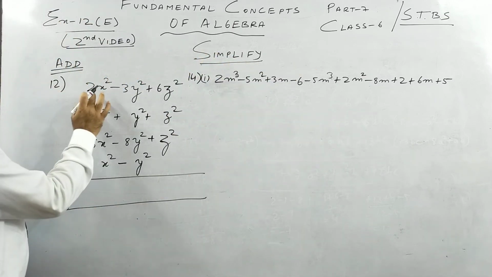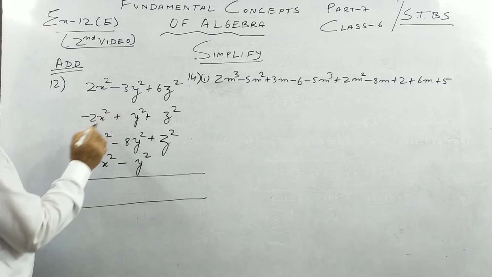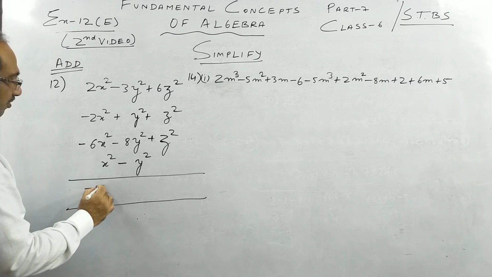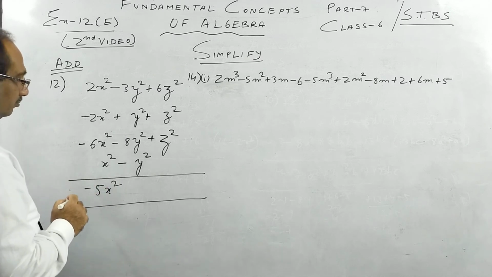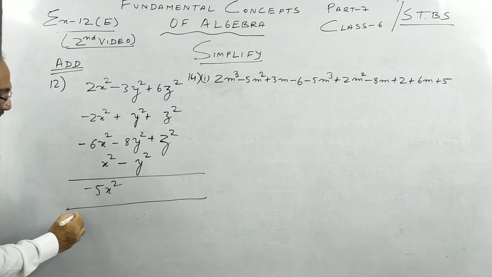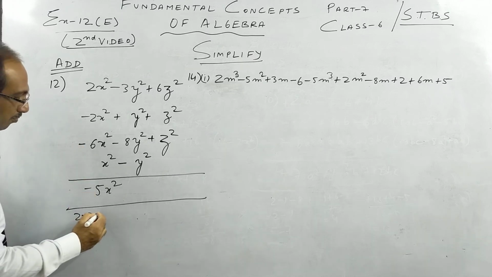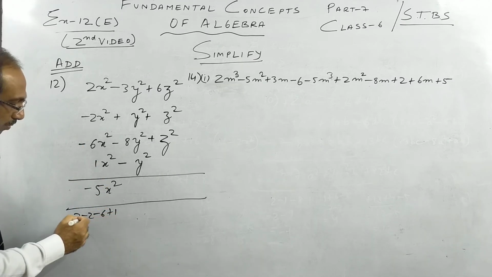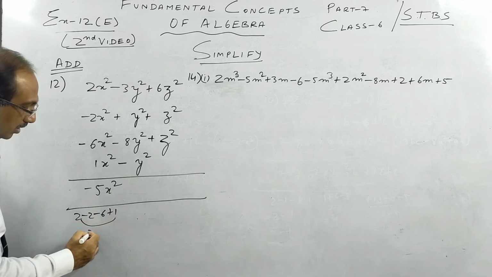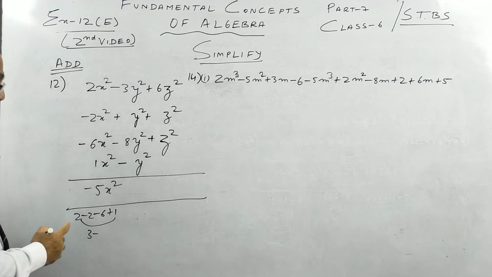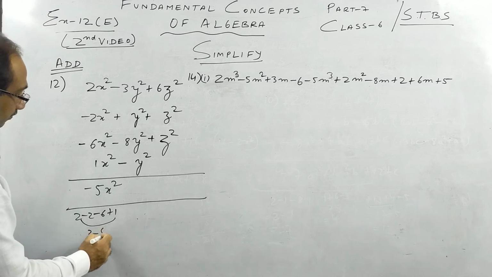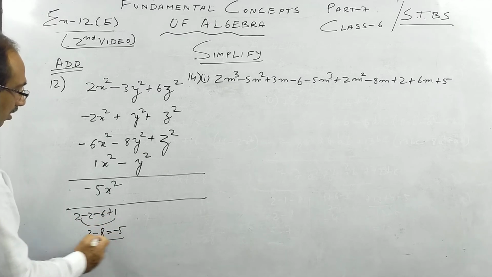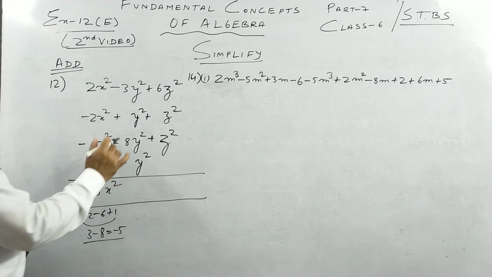Now minus 2 plus 2, if you add, it will become 0. So minus 6 plus 5 is minus 5x square. So you can add like this, plus 2 minus 2 minus 6, this is nothing but plus 1. So add the plus first, children. You will get 3 minus 8. Minus you add, and this is 3, so you get minus 5. Okay, so this working also I am showing you.